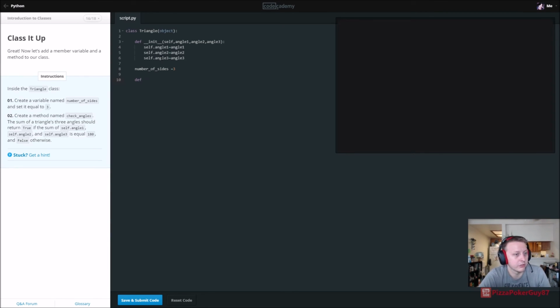The sum of the 3 angles should return true if it equals 180. Alright, so def, start at the beginning, def underscore check angles, and in here we need self, and we need angle 1, angle 2, angle 3. The reason we need that is we're going to be adding them together, and then we're going to say if